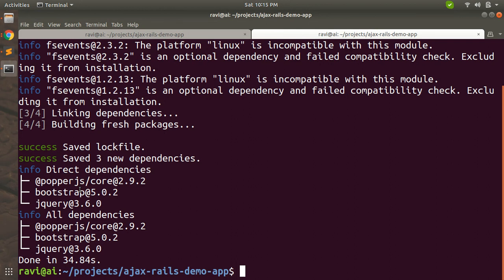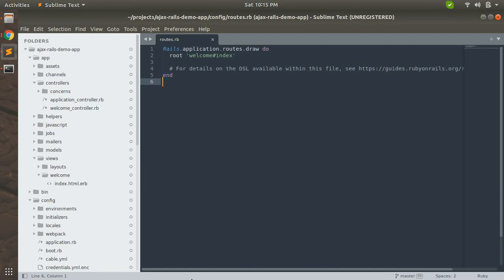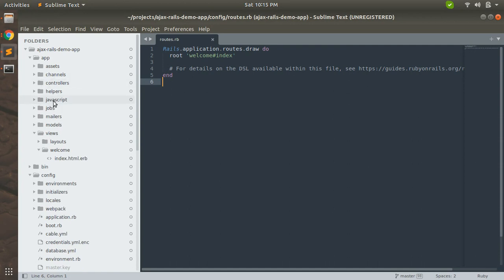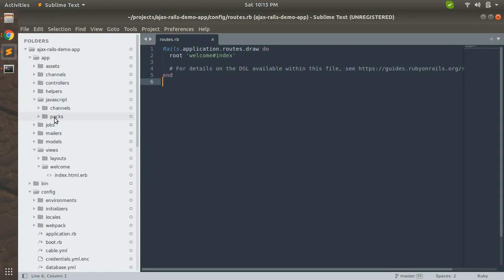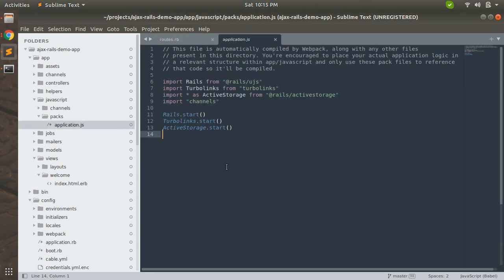Now, since all the plugins have been installed, we need to import our plugins into the asset path. And since we are using Rails 6, we need to add those plugins using Webpacker. So first of all, in your project directory, you can see there is a folder in your app folder known as javascript. Here is a packs folder and application.js. These are the default contents provided by Rails when you generate your application the first time. But now we need to get it to work.